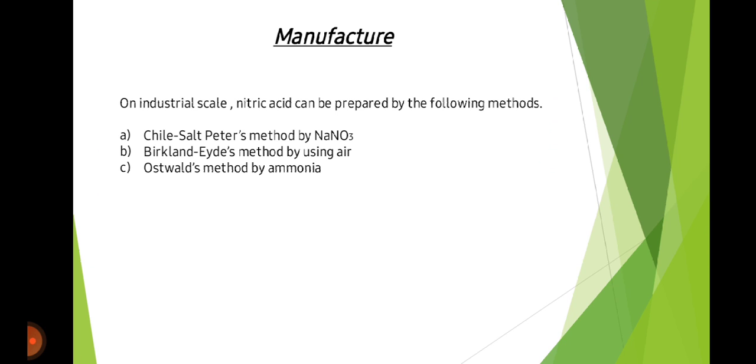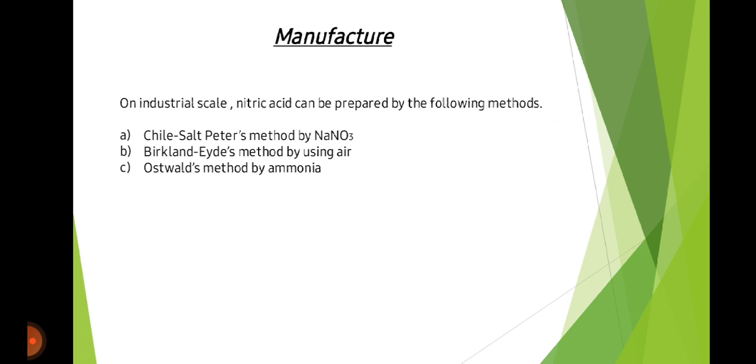In this method, nitric acid HNO3 is extracted from Chile saltpeter. Chile saltpeter is a mixture of 35 to 60% NaNO3, some amount of potassium nitrate, and the rest is NaCl. So what is the process? The mixture is heated in a cast iron retort, which is a type of furnace, and then sodium nitrate and sulfuric acid react to form the vapors of nitric acid. Then the vapors of nitric acid are cooled and condensed and the acid is collected.